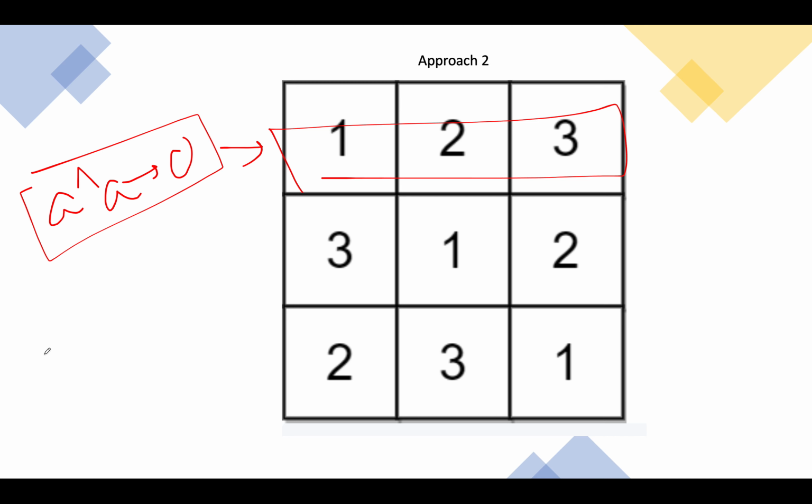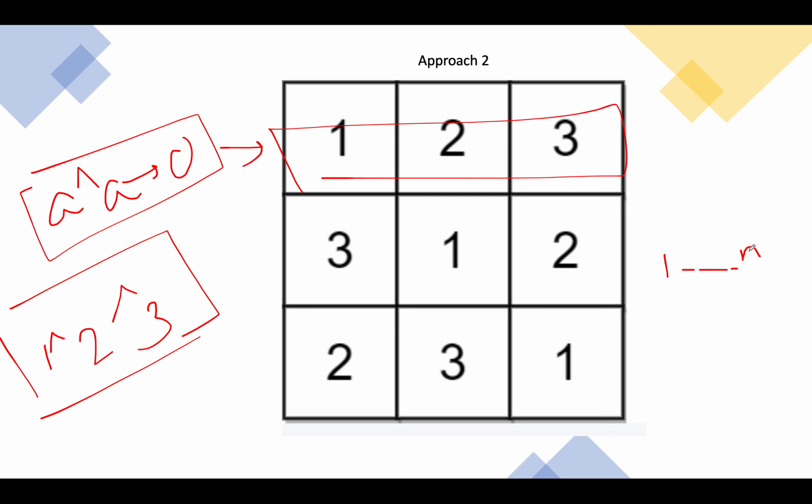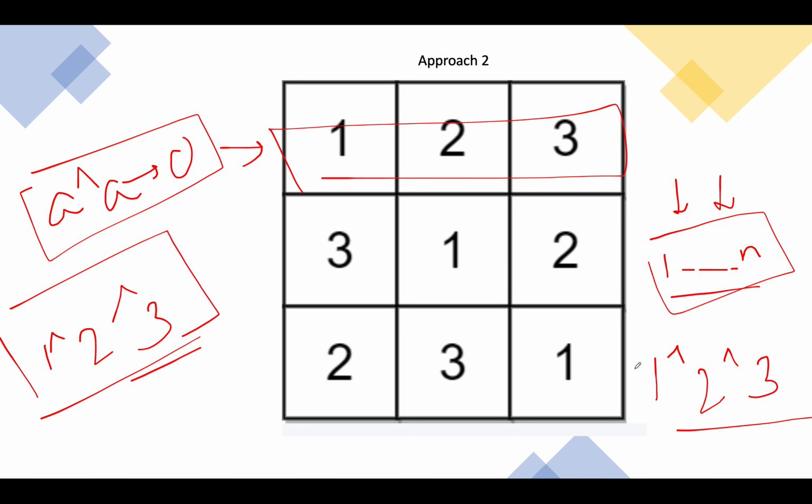What will we get? We get 1 XOR 2 XOR 3 for the happy case. And parallelly, I'll pre-compute the value of the XOR operation starting from 1 up till n. In the end, I'll simply perform the XOR of these three elements with the XOR of 1 up till n. So this is the pre-computed value that I've already calculated. 1 XOR 2 XOR 3, because I'm aware of the value of n that I have, and I'll simply XOR these two together.